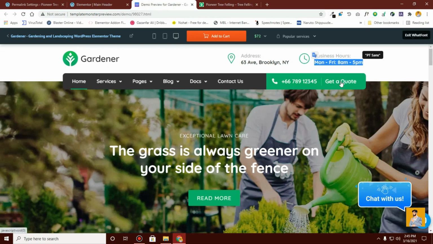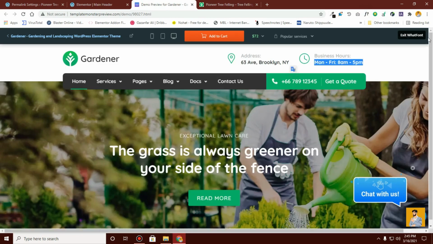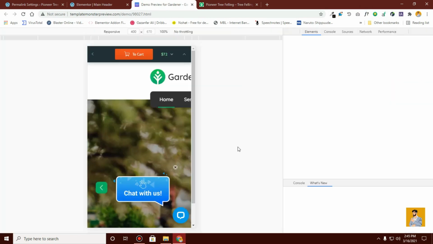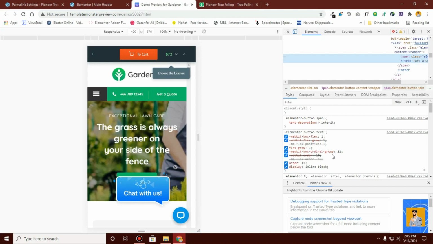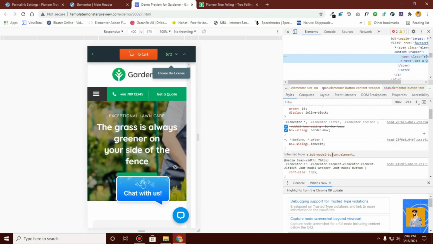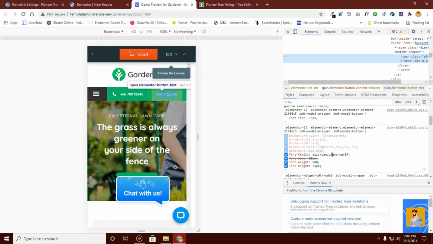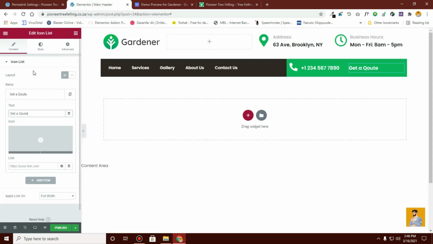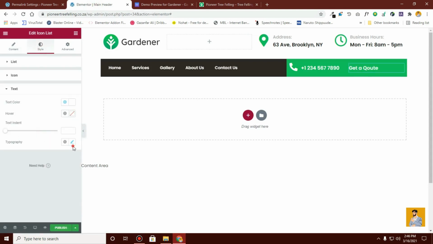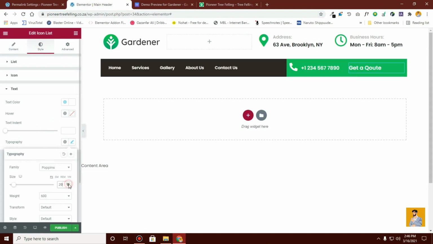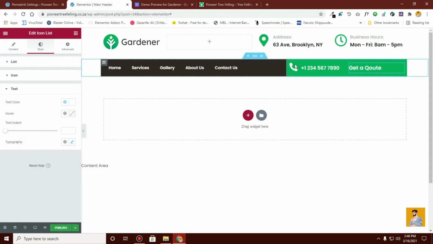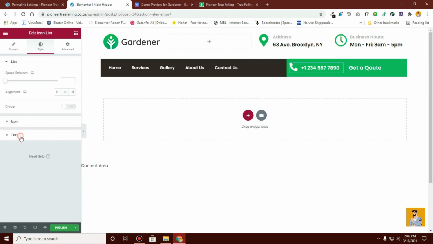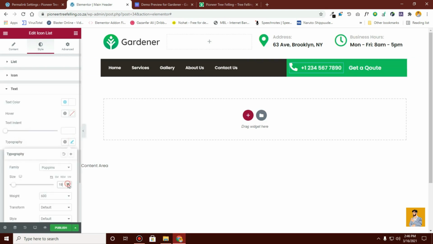These font sizes are bigger. Here's a pop-up. 25 pixel line height, font weight 600, font size 20 pixel. So we have 20 pixels font in here. We'll use the same font size here. We have the same font size,